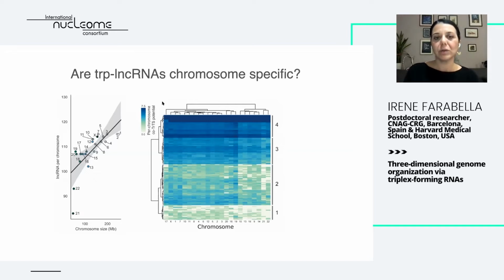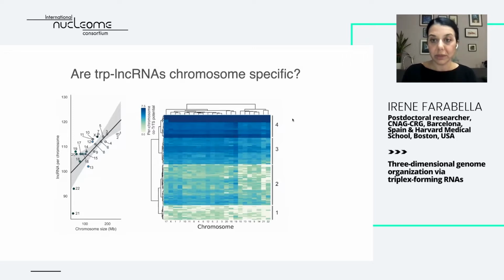This allowed us to classify the long non-coding RNAs based on their chromosomal binding preference into 4 subgroups. The first group is one in which the long non-coding RNA seems to be more chromosome specific. And then there is this fourth group, in which the long non-coding RNAs have the potential to bind widely,